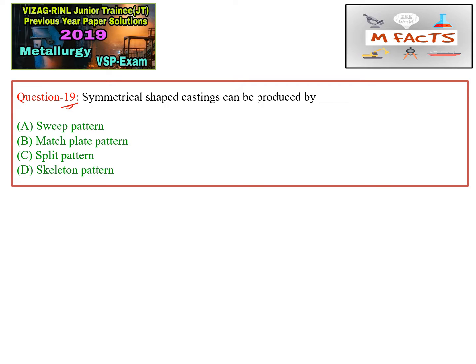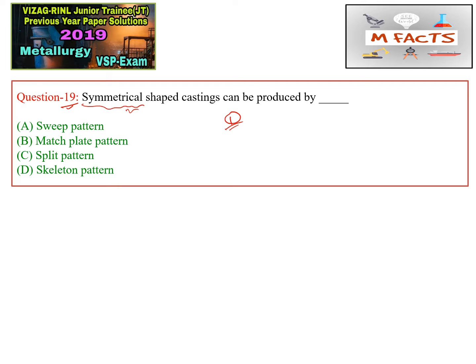The pattern is basically the replica of the object which is to be cast. There may be many types of pattern: single piece pattern or two piece pattern, which is also known as split pattern, multiple piece pattern, match plate pattern, sweep pattern, skeleton pattern, cell pattern, and loose piece pattern. So these are a few types of pattern, and for the symmetrical shape, if we want the same symmetry in the shape,